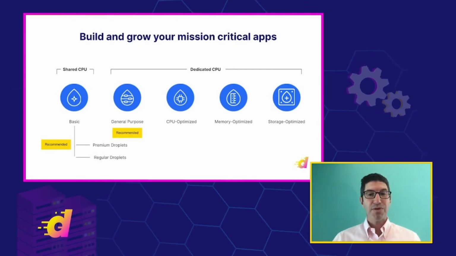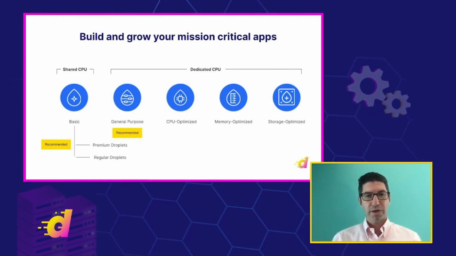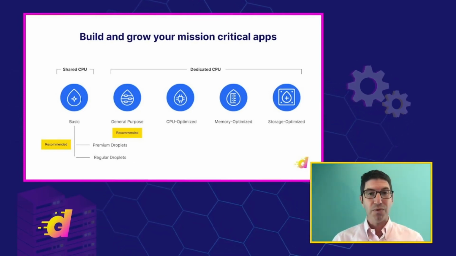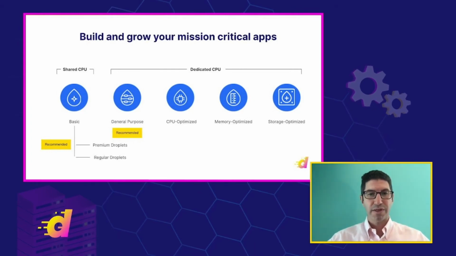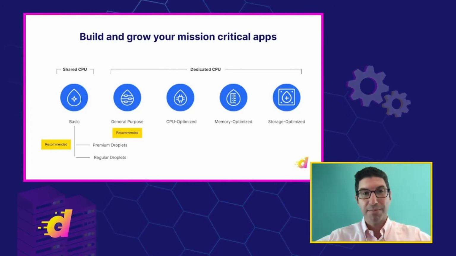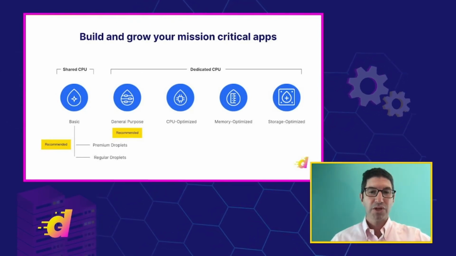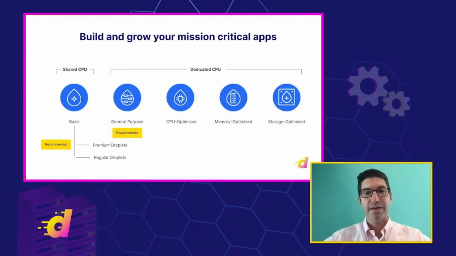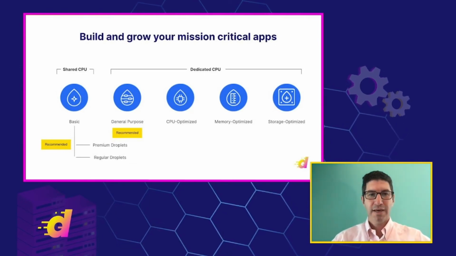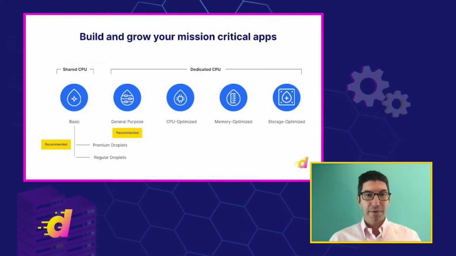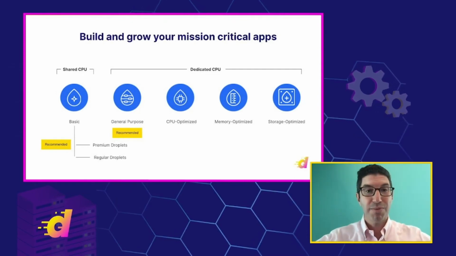On the dedicated CPU side, when you're first working with dedicated CPUs, general purpose is a great balance between CPU, storage, and memory. It's really going to serve a lot of needs. And then, of course, there are optimized dedicated Droplets, CPU, memory, or storage optimized, which are going to be better suited to specific use cases. We'll even talk about a few of those use cases in a little bit around managed databases. So we continue to innovate on the Droplet offering, and along with the innovation in performance and power, we've also been innovating on the user experience of Droplets.